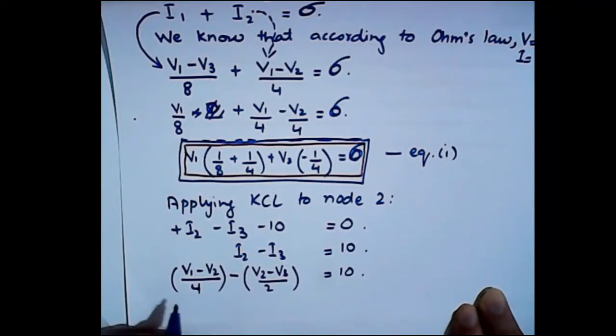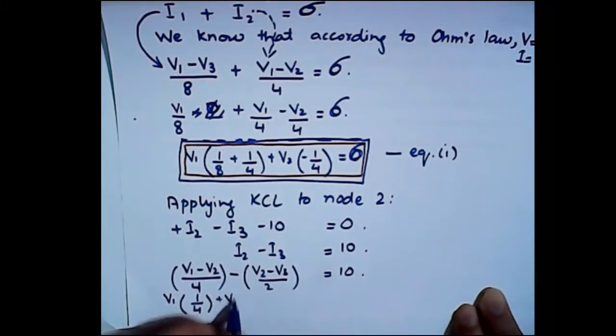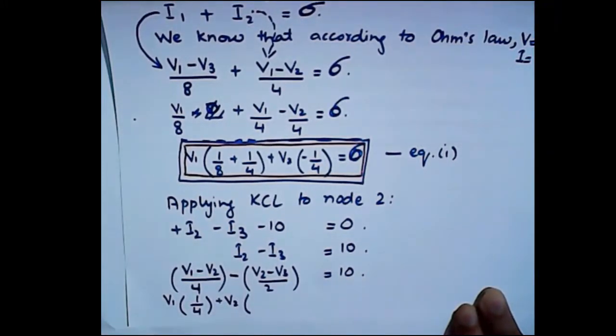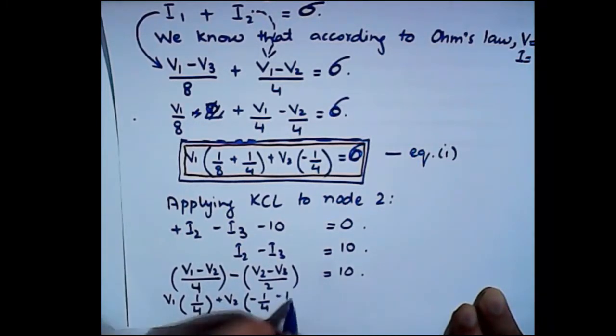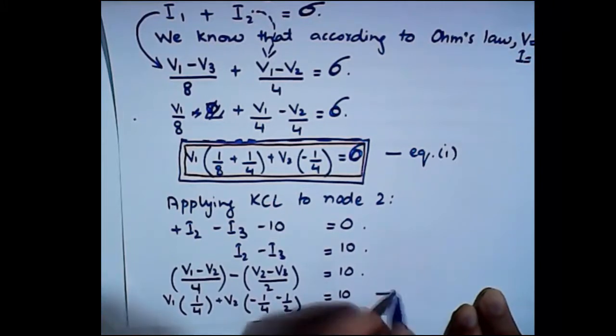So that makes it V1 times 1 upon 4 plus V2, I've skipped one step of simplification, minus 1 upon 4 minus 1 upon 2, and V3 is 0, is equal to 10,